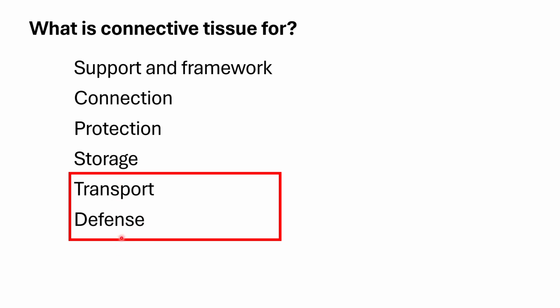While for the defense story, it basically pertains to the ability of the cellular components, especially the white blood cells of your peripheral blood, to mount immune defense against invaders and various injuries. Okay, so out of all these functions of your connective tissue, your transport and defense is the one being carried the most by your blood and marrow.